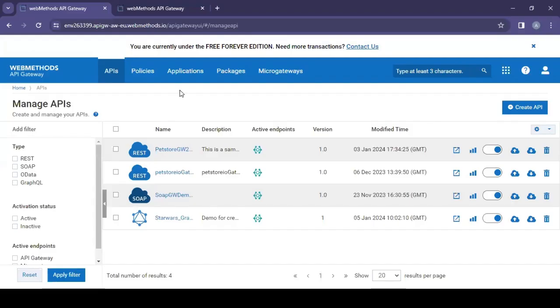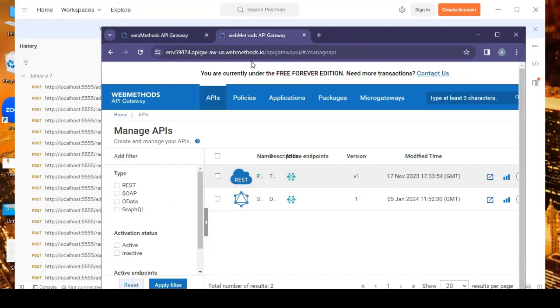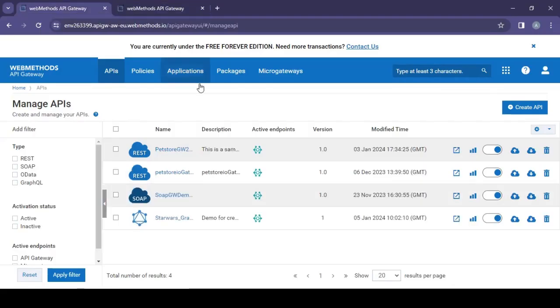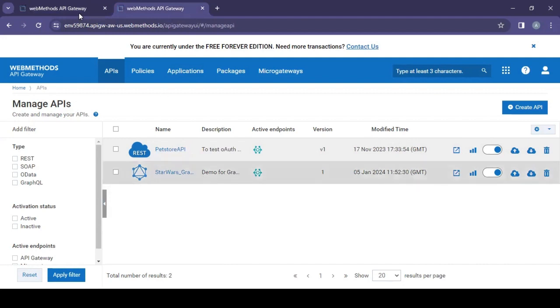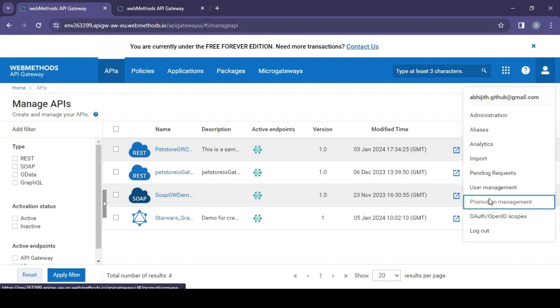So this is one of my environments where I have these APIs, and I have one more environment, one more tenant, where I have these APIs here. Now what I wanted to do is promote this API along with the application to be deployed into this tenant. In order to do that, just go to this profile icon, go to promotion management,